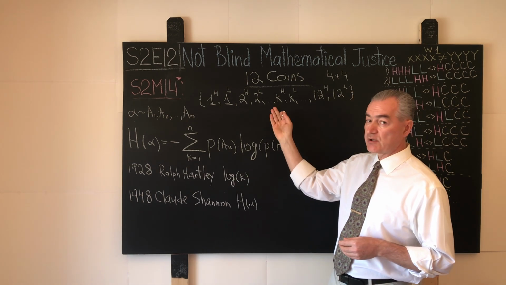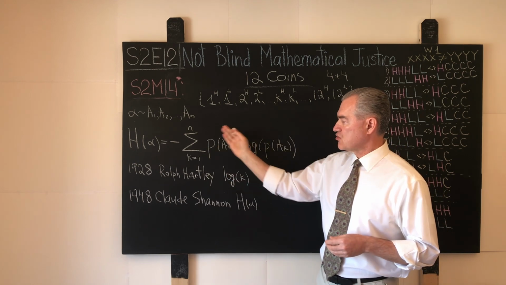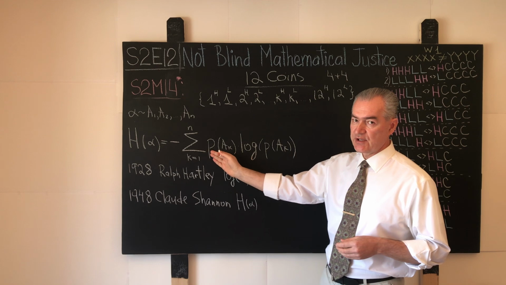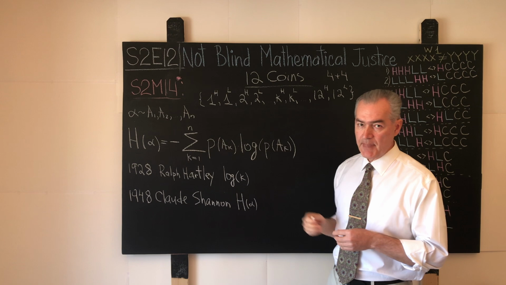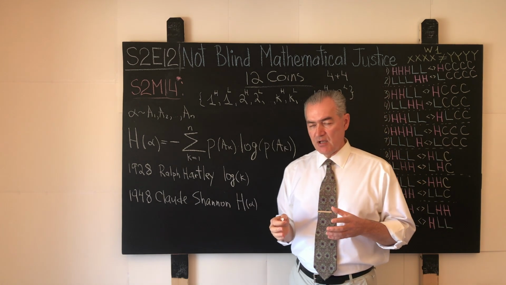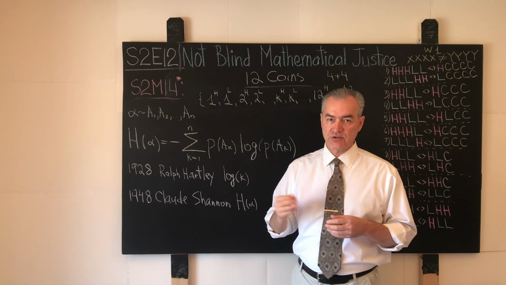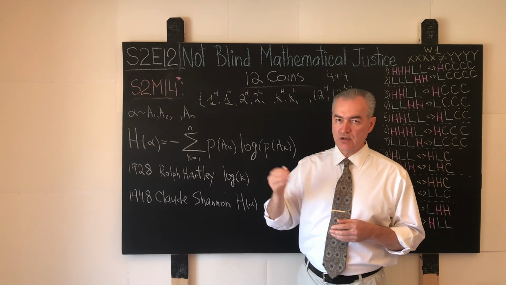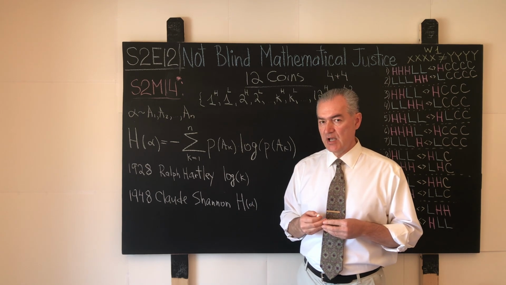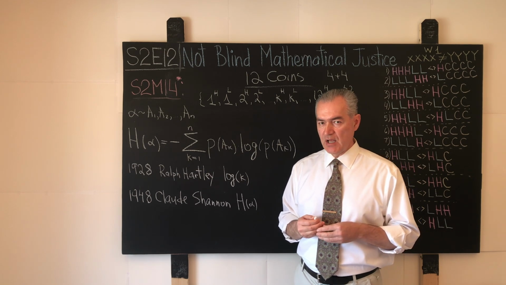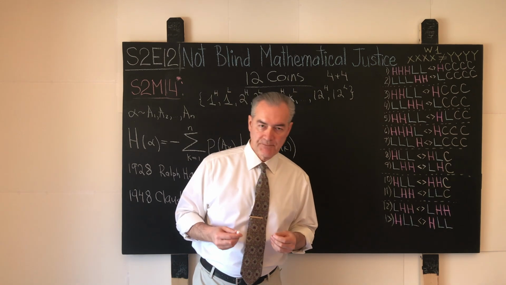And in our case, as it pertains to the 12-coin problem, the notion of probability, which I designate with the p over here, p of probability of the outcome a sub k, can be understood at a pretty elementary, proverbial middle school level as a rational number, where in the numerator we put the total number of favorable outcomes, and in the denominator we keep the total number of all possible outcomes, and that is our probability.